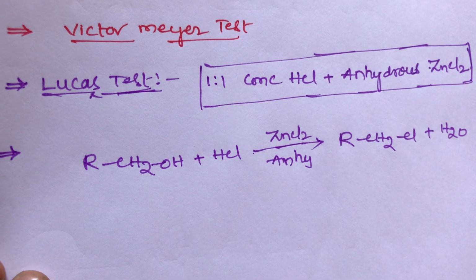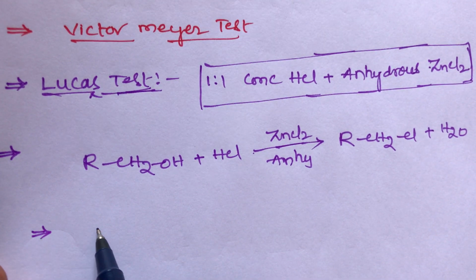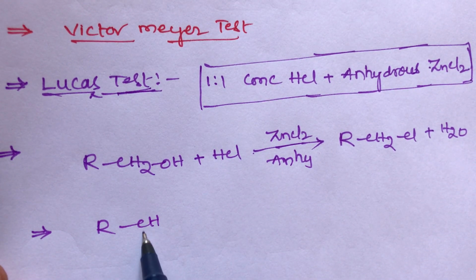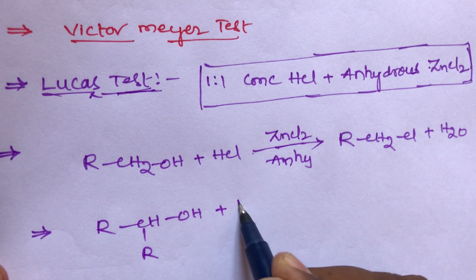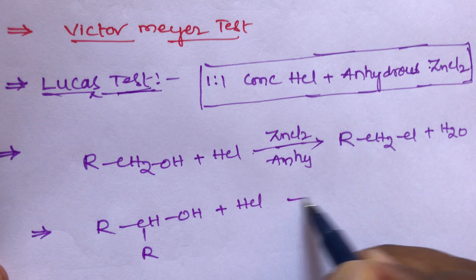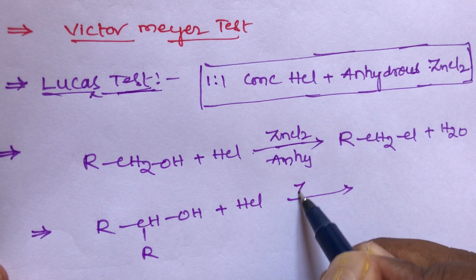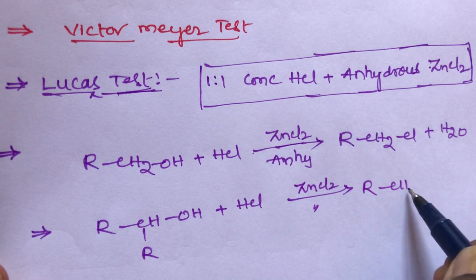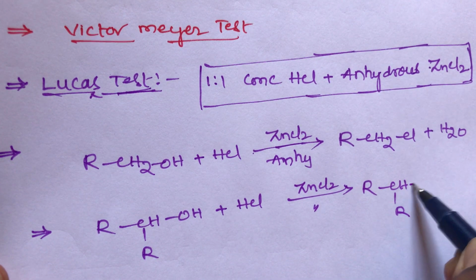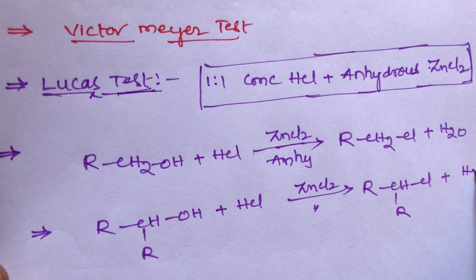Now take the second one, secondary alcohols. When secondary alcohols, R2CHOH, react with hydrochloric acid in the presence of anhydrous ZnCl2, it gives